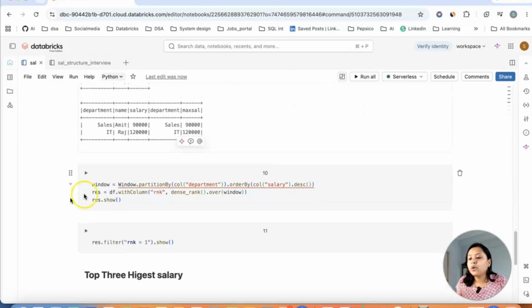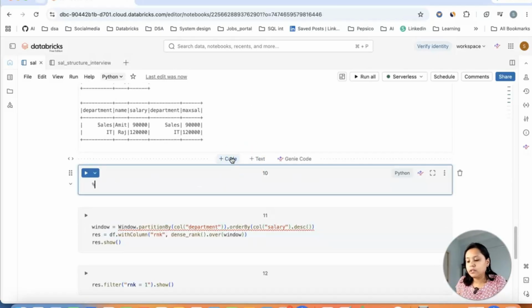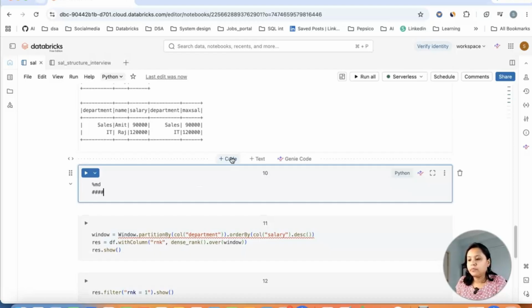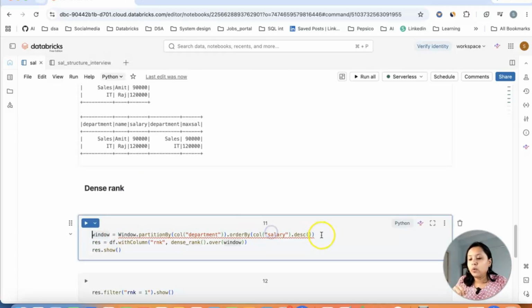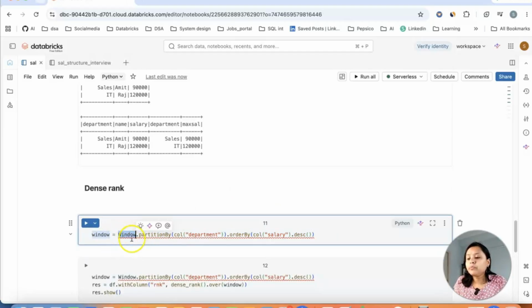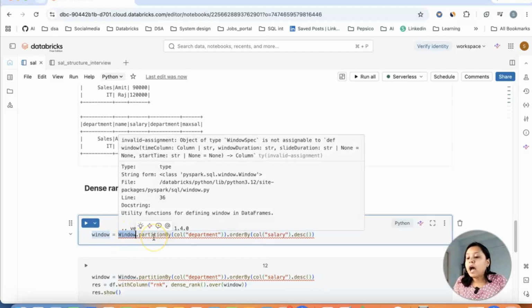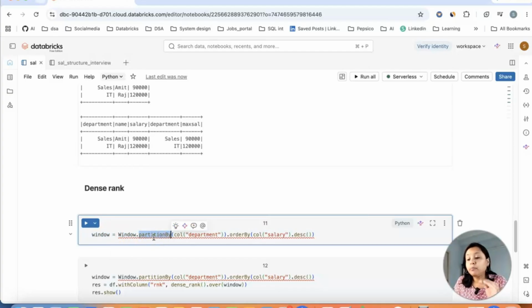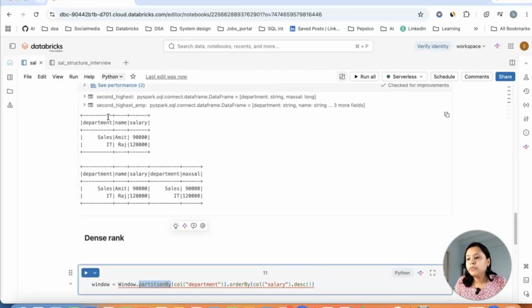So now for that, we are using this method called dense rank. What does dense rank do? Dense rank will give you the result even if there is a duplicate record, not exactly duplicate, but on a key it is duplicate, it will give you all the records. So now what I'm doing is, I'm creating a window. So how do you create a window? You create a window with the help of a window function that Spark provides. And I want to partition the data with the help of department, because I need the highest salary of each department. So I will be partitioning the data by each department.